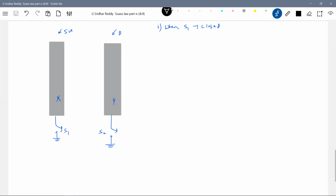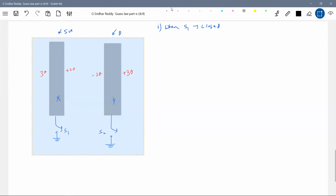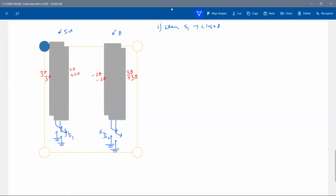And the one which is not earthed, charge of that should be conserved, like what we did for earthing of shells. Here, what about the charge distribution first? 5q plus q, 6q, 6q by 2 will be 3q. 2q charge, minus 2q, plus 3q. Agreed? This will be the charge distribution. And then after earthing, what charges are going to